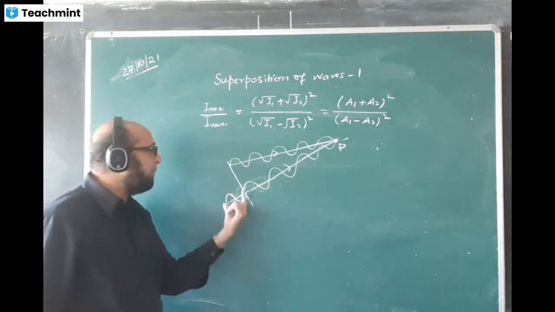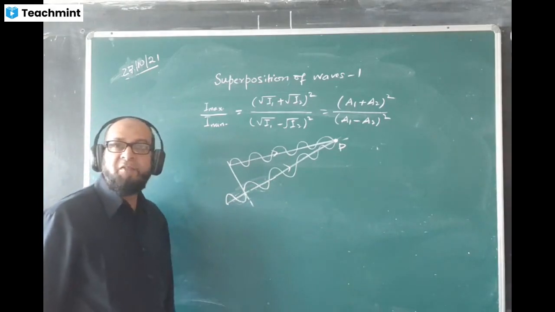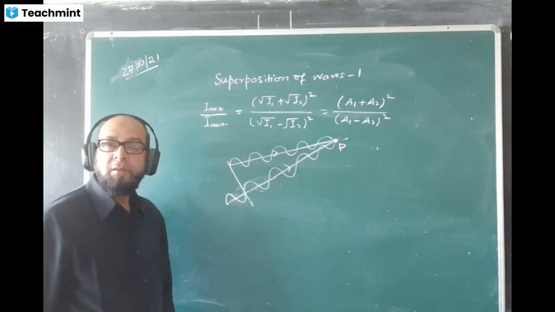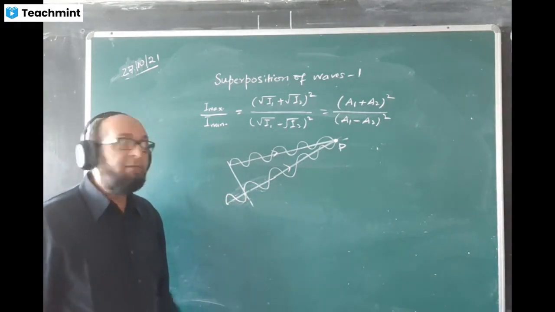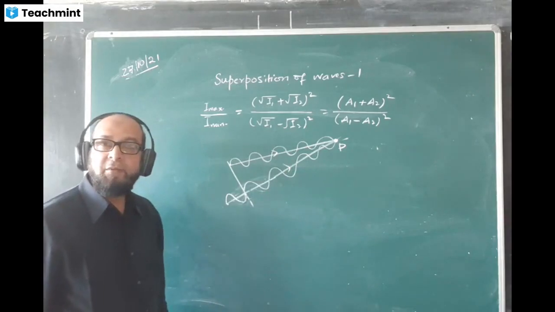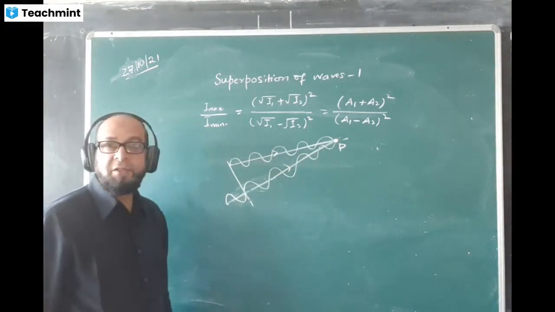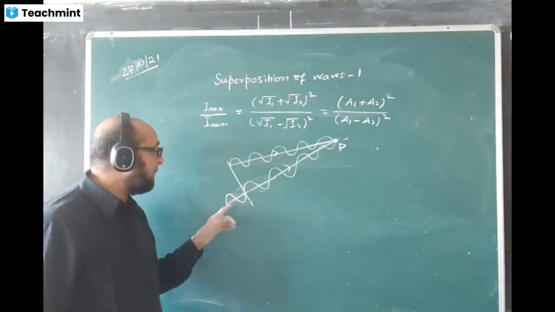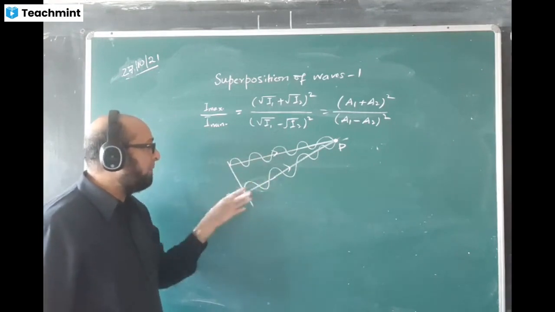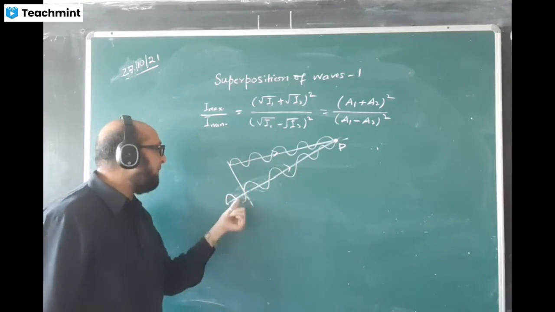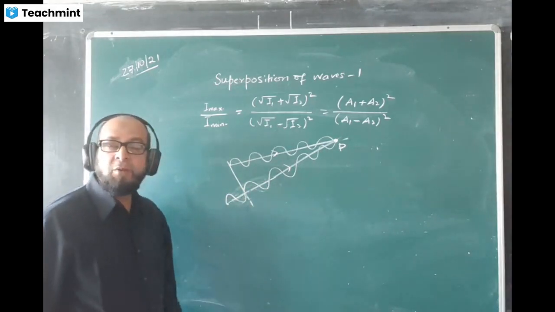This wave is having how much extra angle there? Let's see how much the difference in the angle. How much difference? 180 plus 180, how much? 360. So 360 will give maximum or minimum? What will it give? It will give maximum amplitude or minimum? Maximum amplitude. That is constructive interference. It all depends upon this angle. Like here, two of them are having some extra angle out there. This length is having the waves out there, and it depends on that.